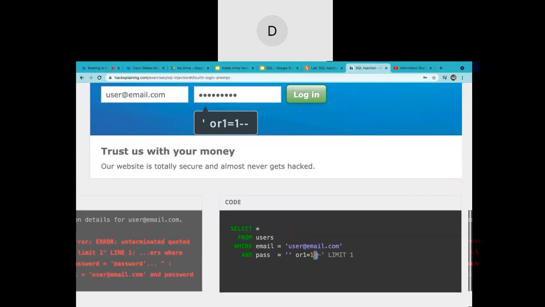Everything just blurred out. Let me type this once again so that you can see. In the place of password, the developer has put 2 single quotes. So now I'm trying to close the first single quote, putting a space, or 1 equals 1, which is a true condition.